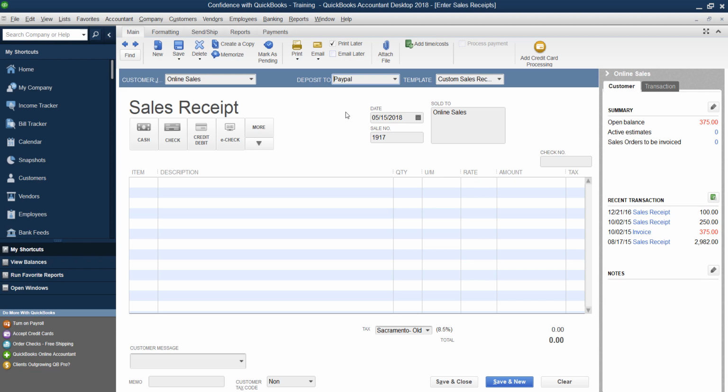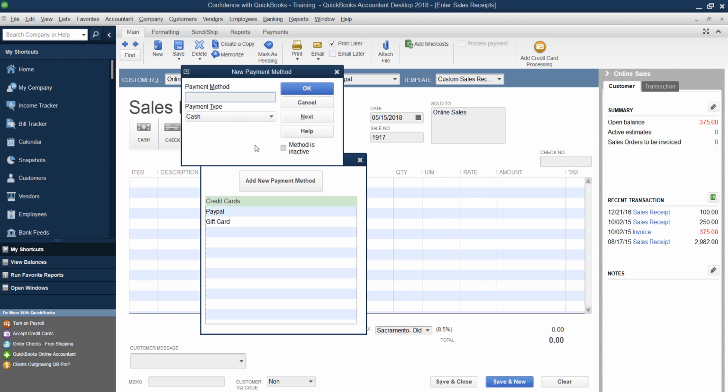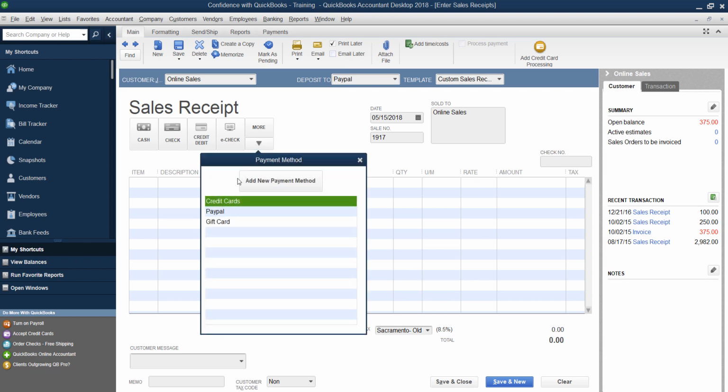In the previous video, I taught you how to take the merchant fee out of the deposit itself. So what I would do is I would pick my online sales for me, for example, pick PayPal. Then here I would make sure, if you don't already have it set up, I taught this in the last video as well, make sure you have a new payment method called PayPal and make sure it's set up as cash so it doesn't try to process your credit card for you.